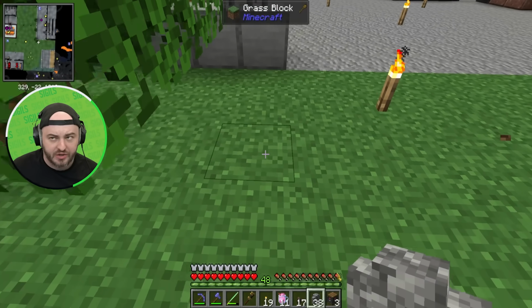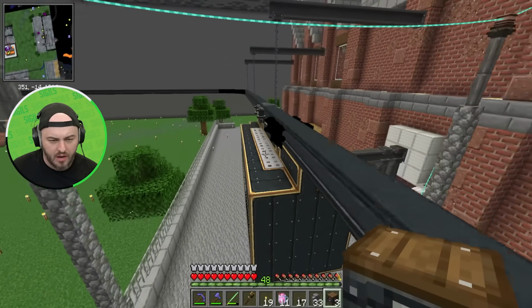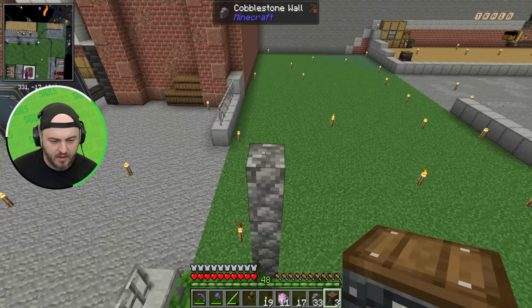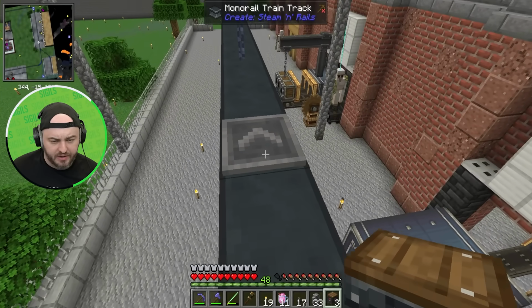And my plan was actually, I think I'm going to put it right here as you come in. I put it down right there, okay? So right before the train station. And I'm going to put it right here. Parking the track is too far from here. Then what I'm gonna do is put it like here. Because anyway,